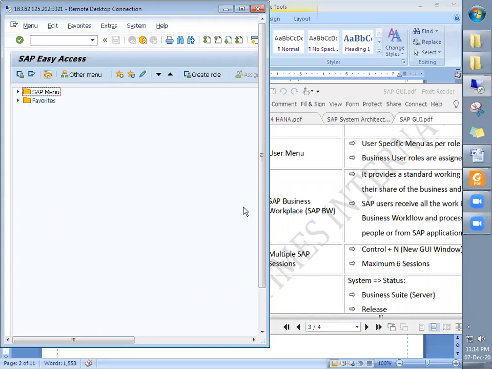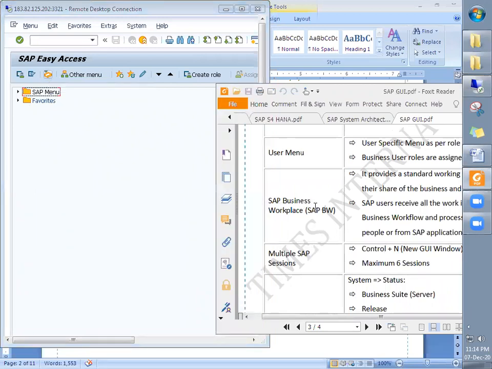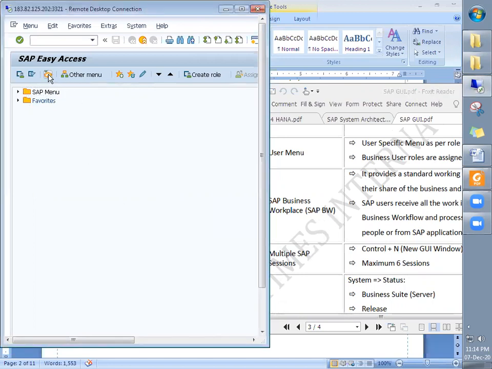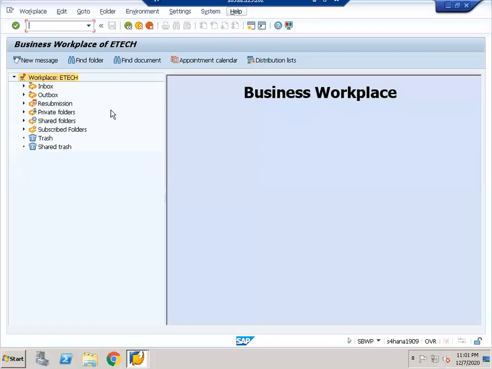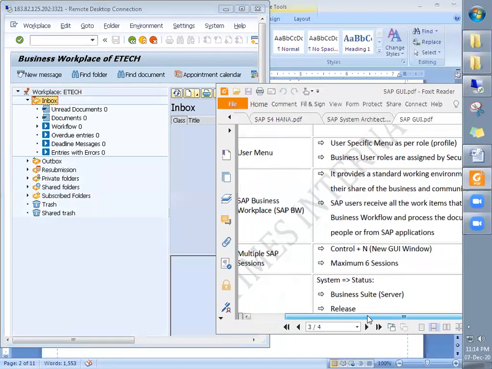And then comes the SAP Business Workplace, which is also called SAP BW. If I click on this, you see, it will take us to another screen with inbox, outbox, and so on. Let's try to understand what this is.